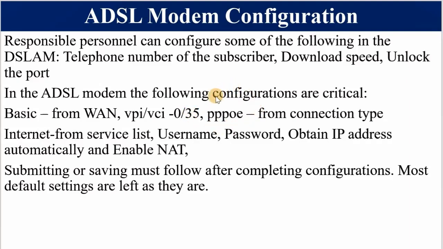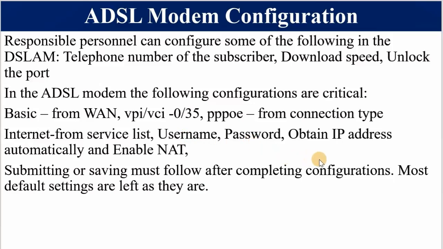Then you must make sure that you select the connection type that you are going to use. That is PPPoE, point-to-point protocol over Ethernet. Make sure that you select Internet from the service list. You must also configure the username and password. This is the PPP username and password, and it must be the same as the one configured in the AAA